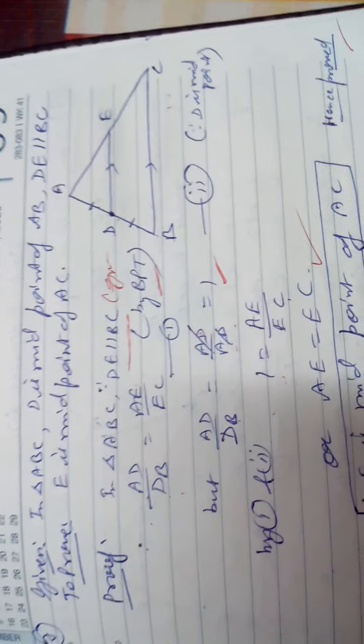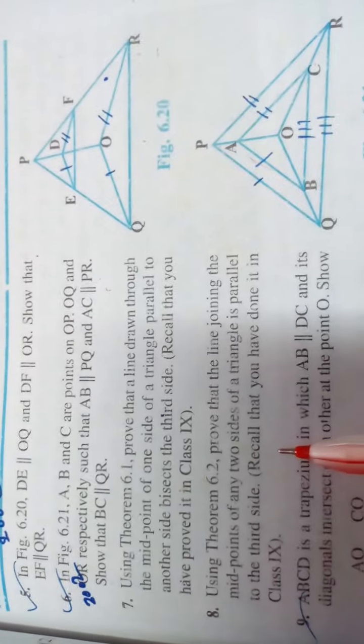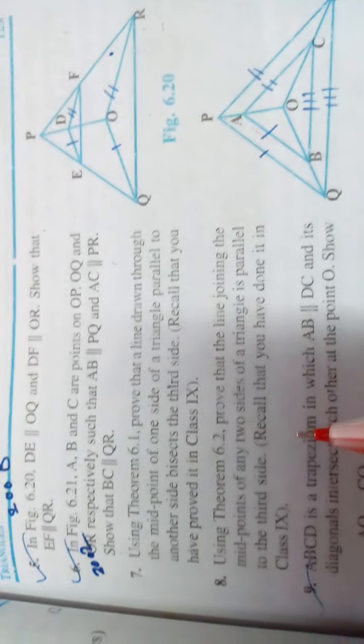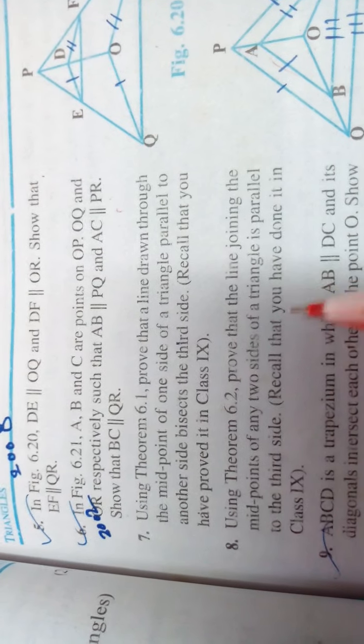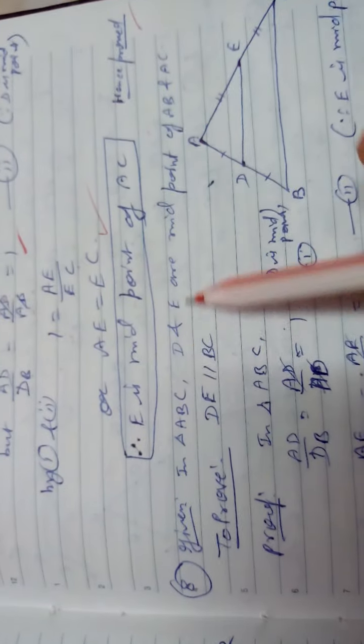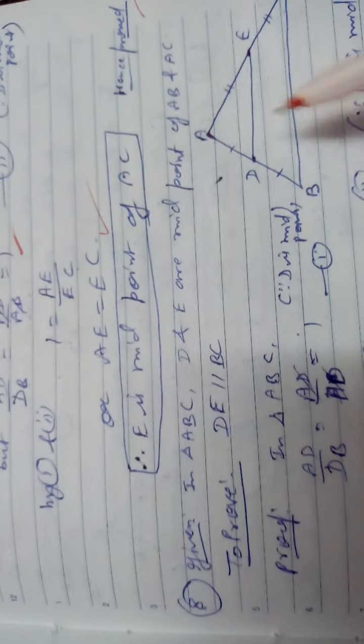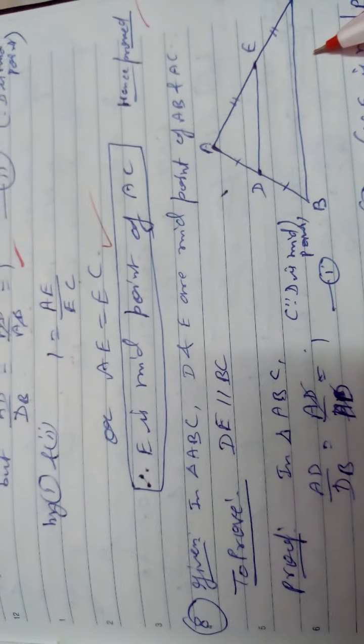Now, question number 8. Midpoint theorem. Line joining the midpoints of two sides is parallel to the third side. In ninth it is given parallel and half of the third side. But here you only prove it is parallel to the third side. Ninth standard midpoint theorem. So, triangle ABC, D and E are the midpoints. DE parallel to BC you want to prove.